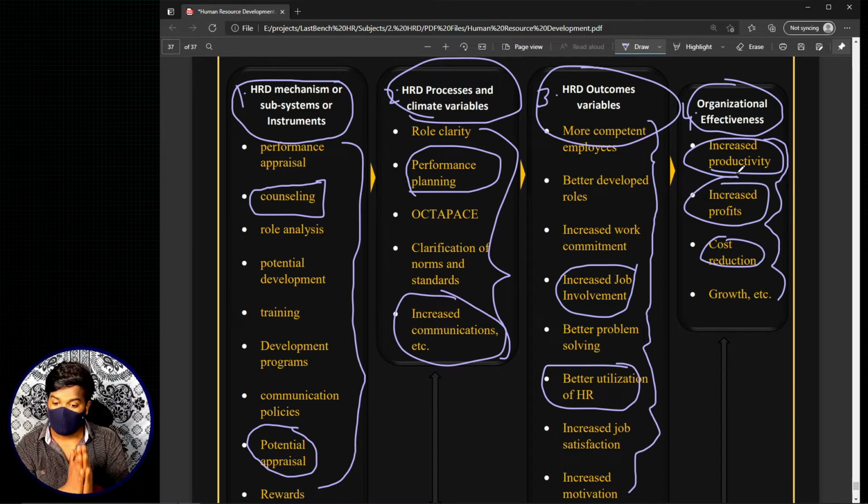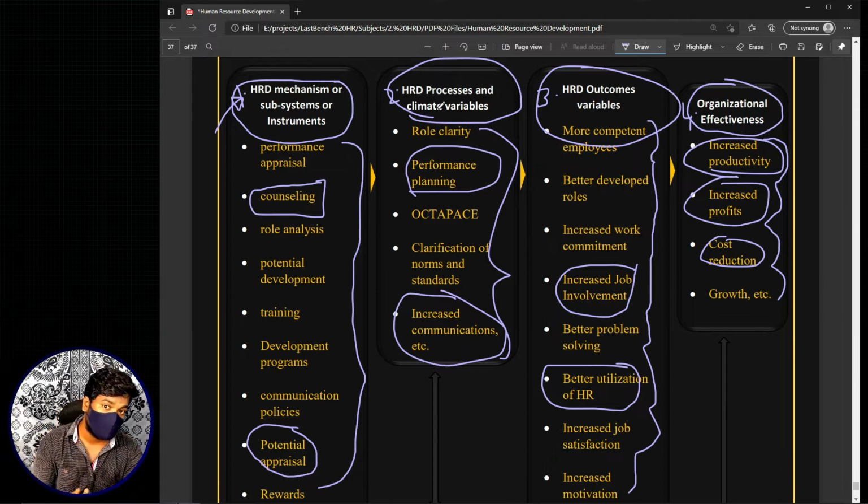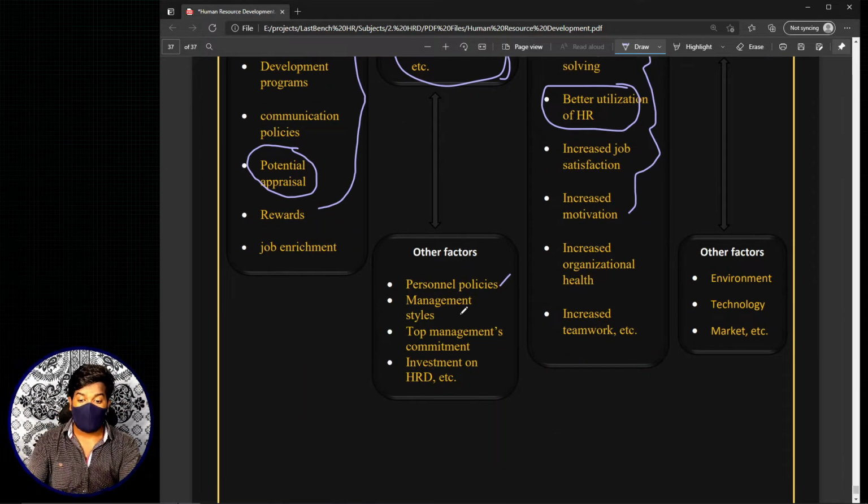Now let's talk about certain things. We just said that by using human resource development mechanisms or interventions or subsystems, we are creating a path for certain HRD processes like role clarity, performance planning, and so on, right? Now you can't say that in every situation, every time I use an HRD mechanism, an HRD process will definitely be formed. This is also affected by certain other variables like personnel policies, management styles, top management's commitment, investment in HRD,